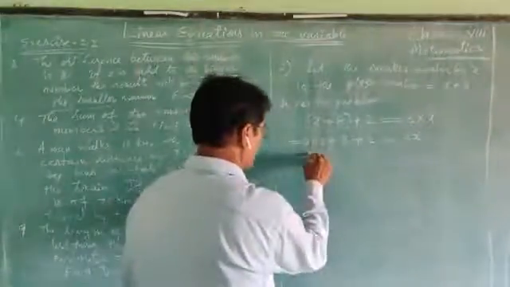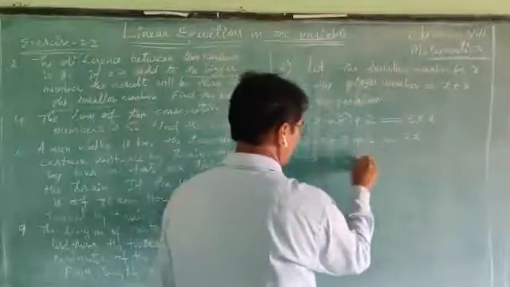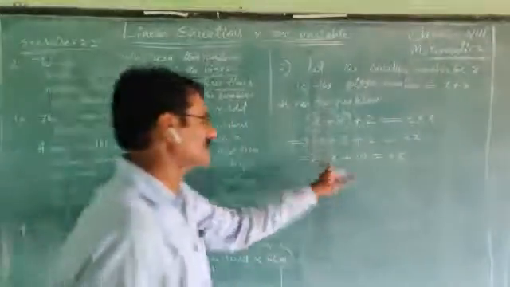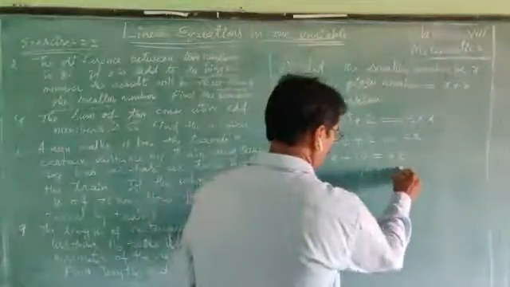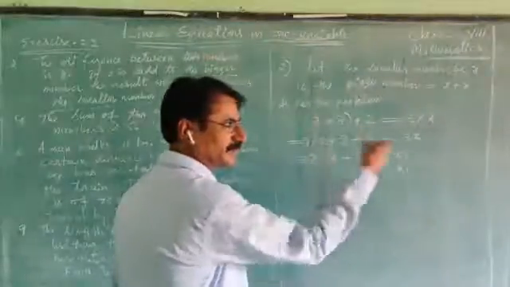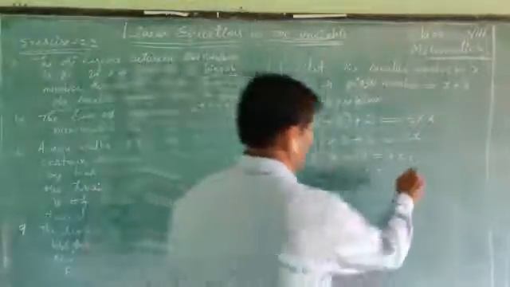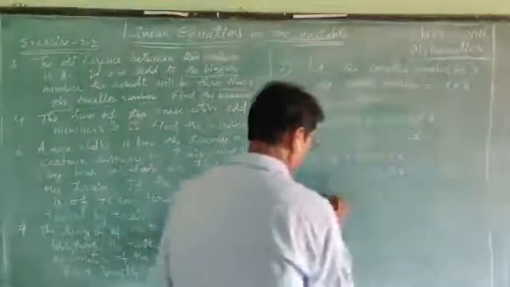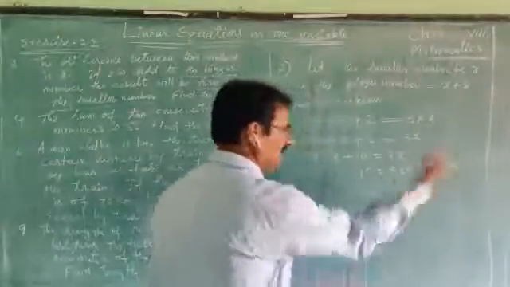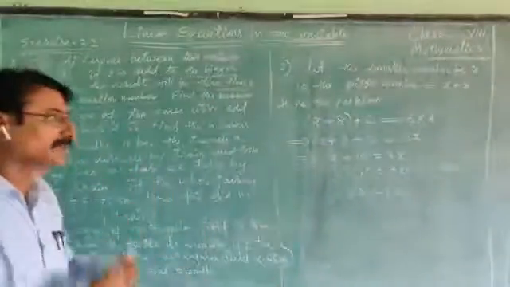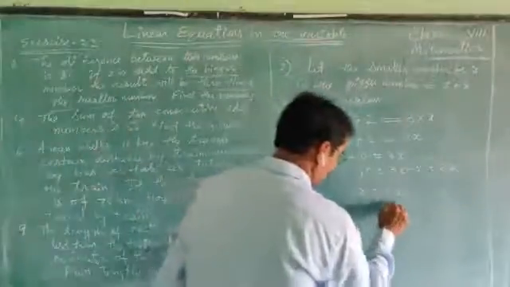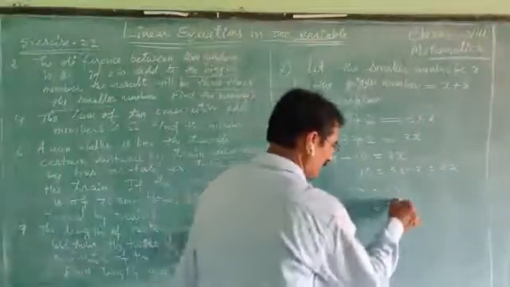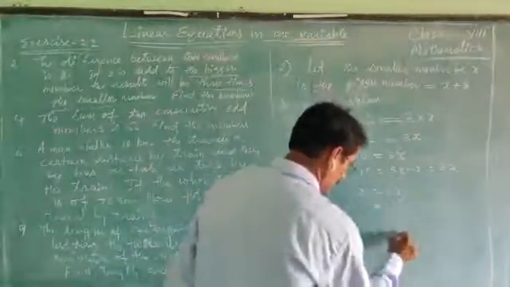Now, on the left, x plus 10 equals 3x. When we send this x to the other side, it becomes minus x. 3x minus x equals 2x. Therefore, we got 10 equals 2x, which is nothing but 2x equals 10. Then x equals 10 by 2. Sending the 2 to the other side, 2 fives are 10, so 5. Then x equals 5.